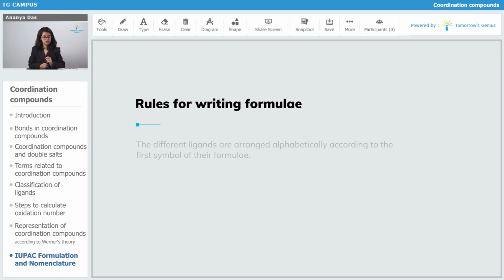So this is addressed here. It says the different ligands are arranged alphabetically according to the first symbol of the formulae. If you have different ligands present in your complex, you take the ligands like H2O or NH3 and you determine the first symbol of the formula. H2O's first symbol is hydrogen and NH3's first symbol is nitrogen. Now hydrogen comes before nitrogen alphabetically. So hydrogen, that is H2O, will be written before NH3. So the correct way will be